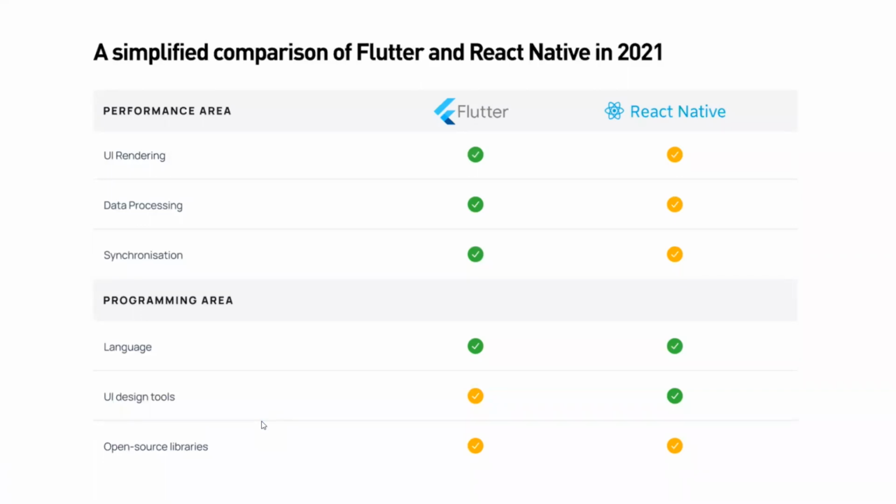And then there are UI design tools. So it also depends on your use case. If you're familiar with the Indian startup called BlueLearn, since they already have their website made in React, their choice to build a mobile application was React Native, because since they were already working with React for their website, React Native seemed like the obvious choice to go with.